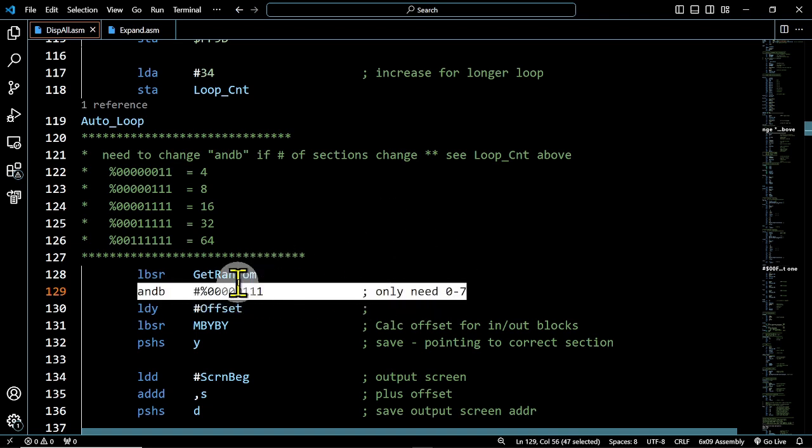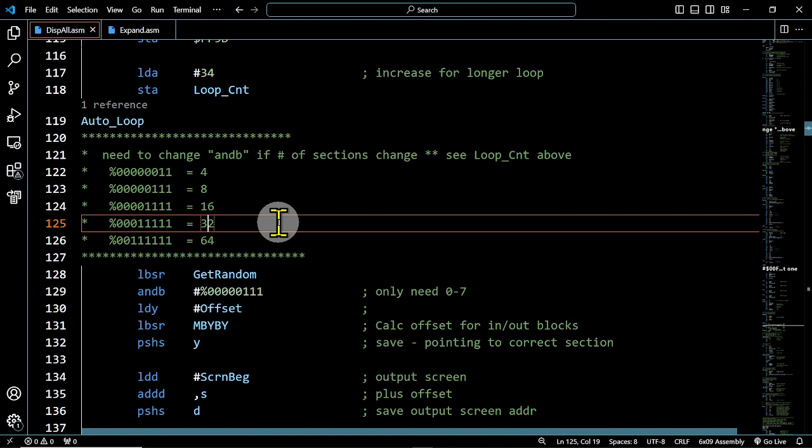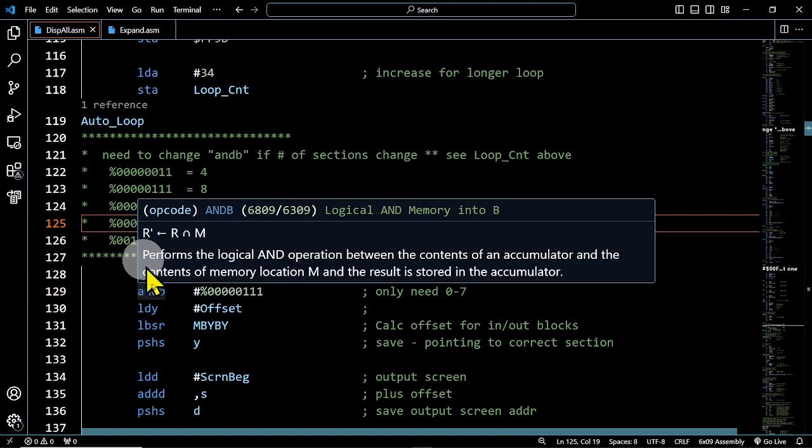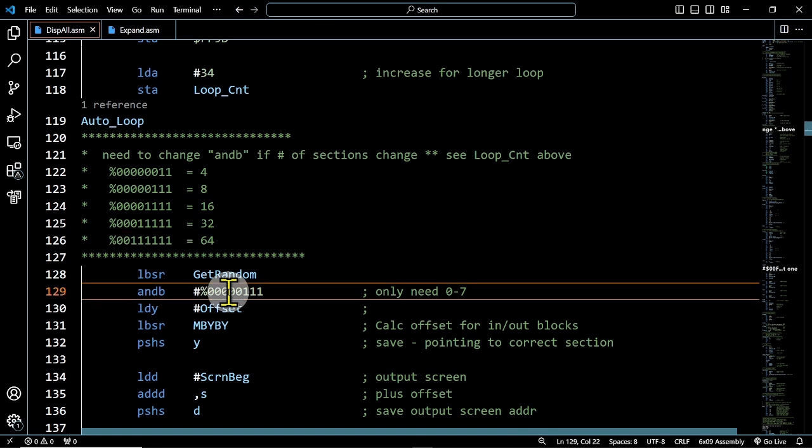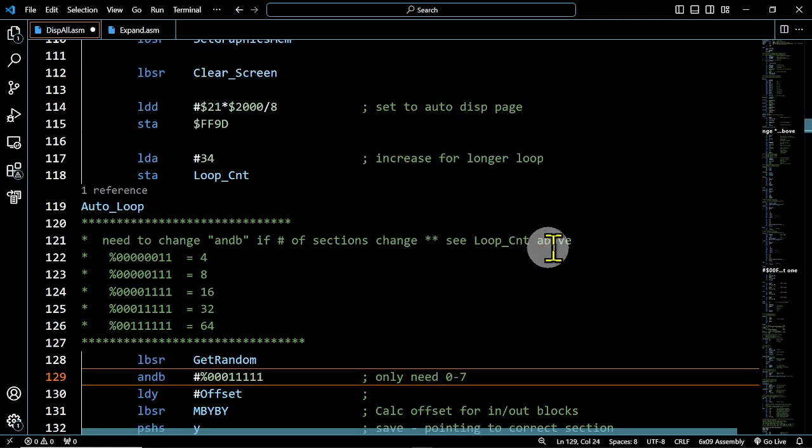We do a get random, and then we get rid of everything but 0 through 7, which is a total of 8. So let's try 32. Let's do that screen splits with 32. So let's change this down here. I'm not going to change the notes. And up here it said look at loop count above. We only do 34, and that works fine if you've got 8 sections. It gives you, change the screen maybe up to 4 times, because a lot of times you get duplicate random numbers. So with doing a 32,